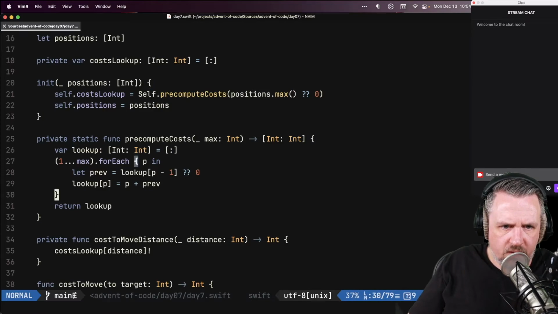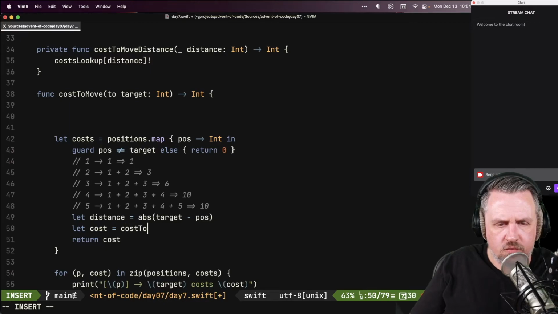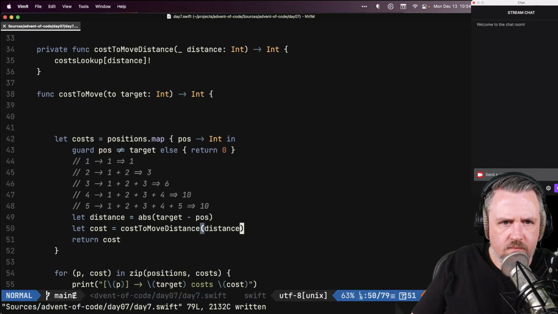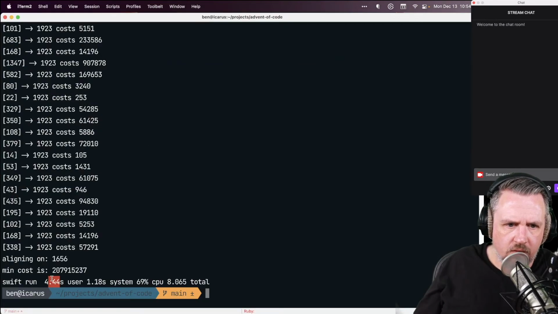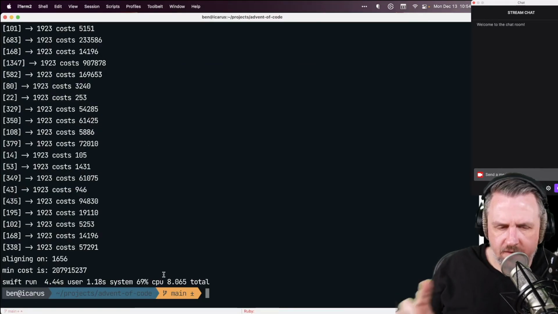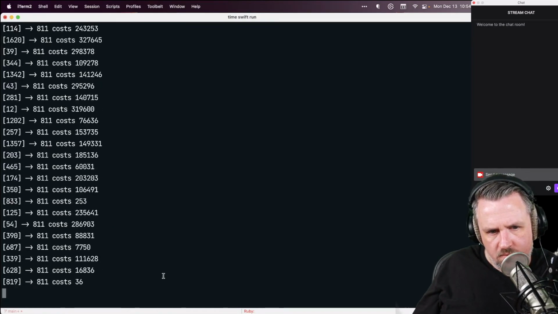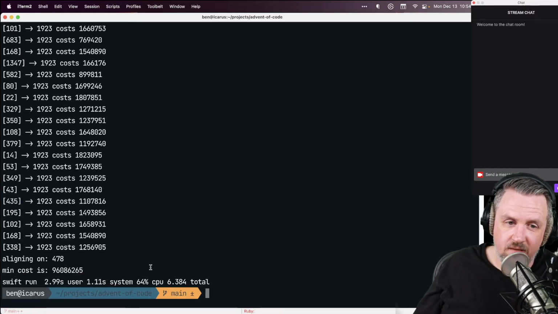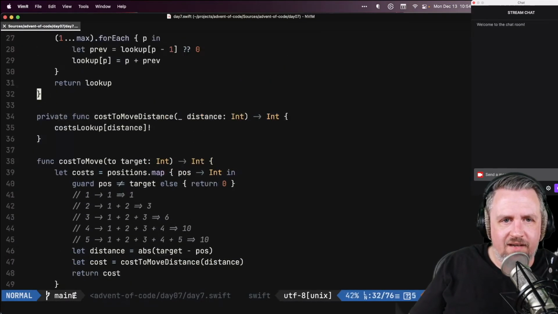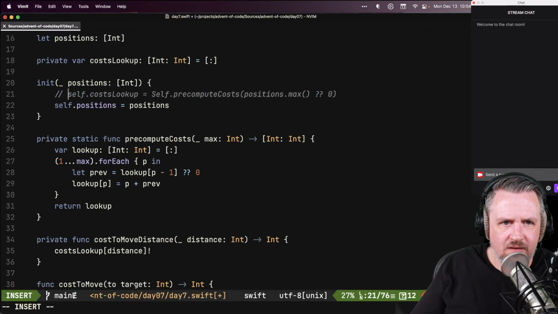Okay, so now we've pre-computed the costs. Cost to move distance should just use that. Cost to move distance for distance. Okay, so we were at 276 seconds, then 4 seconds. I feel like this should have been faster. Yeah, that's 3 seconds. Okay, so now going back to your solution earlier, let me get rid of this